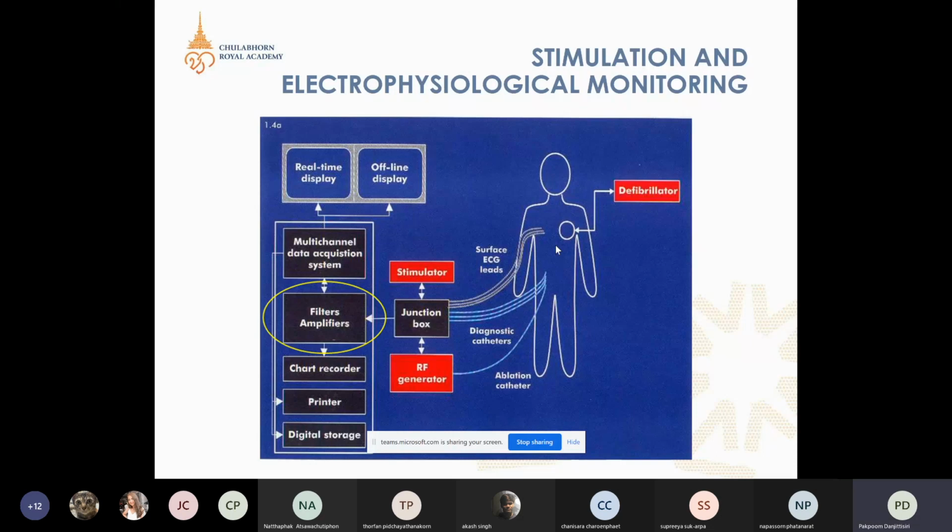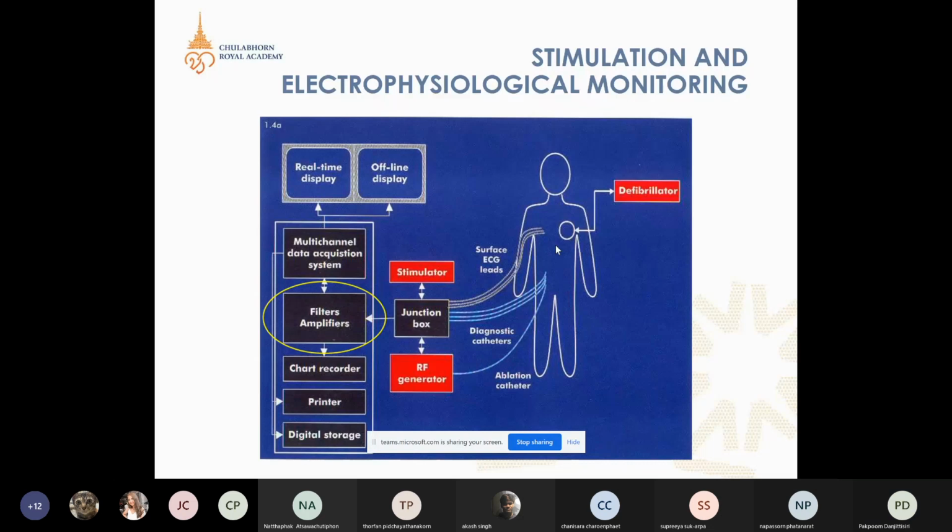So the defibrillation patch is first. You have to place that patch on the patient's chest or on the patient's body, and after that,